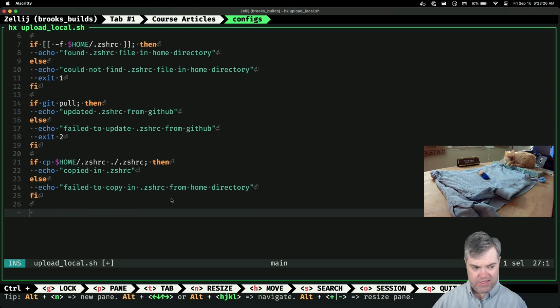Okay, and then once that's now in the directory, I want to upload it. So we're going to do an if git push. Oh wait, we have to commit, right? So git commit, and then this will just be updating CSHRC from local.